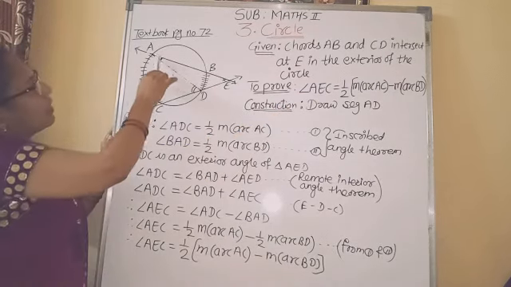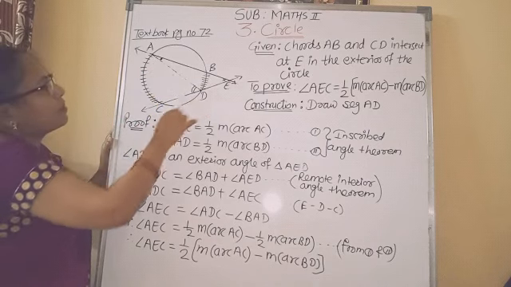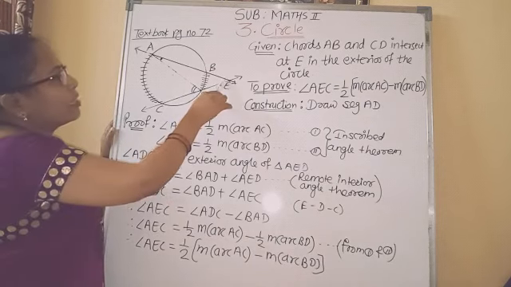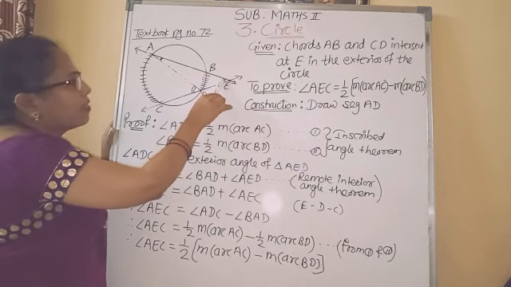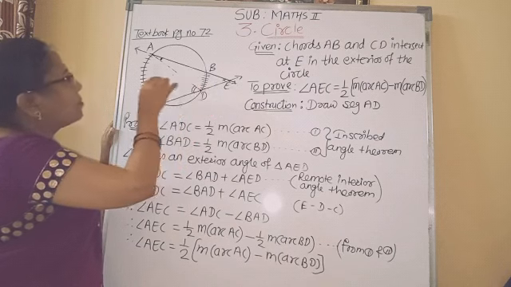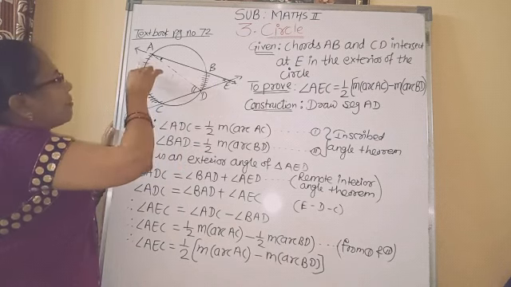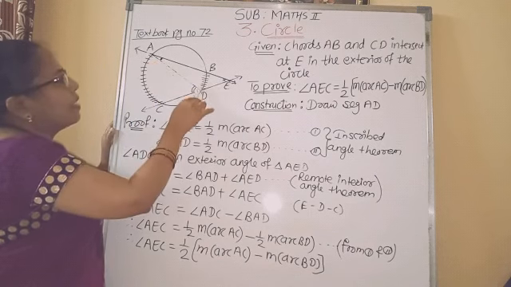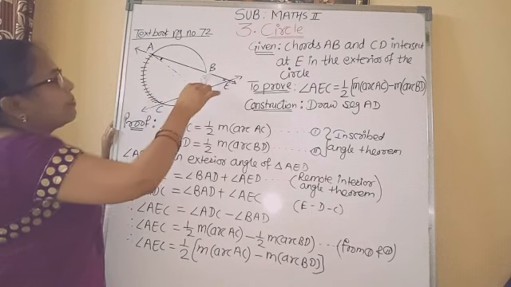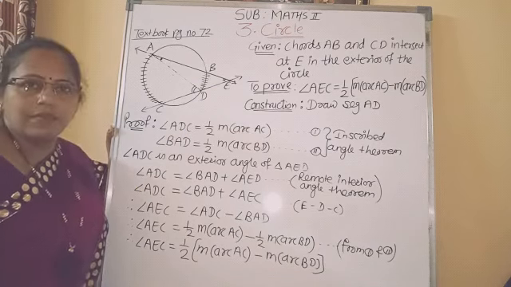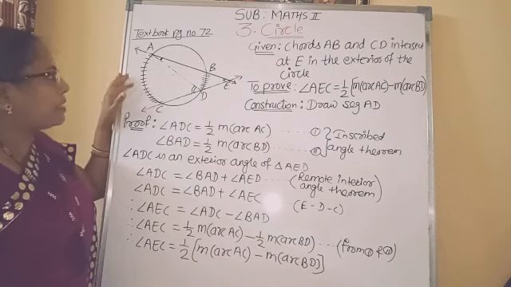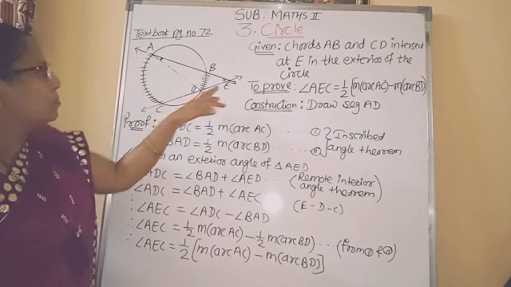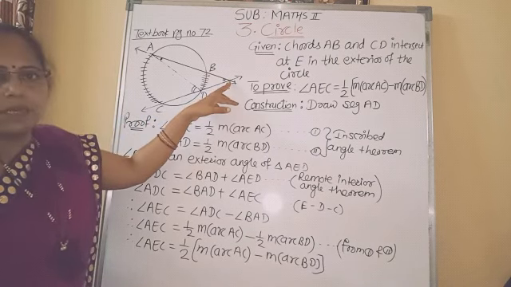Followed? So here, if the vertex of the angle is in the exterior of the circle, measure of that angle is equal to half into bracket subtraction of two arcs which the angle intercepts. Half into bracket arc AC minus arc BD. Followed? So this way we apply the inscribed angle theorem to find out the measure of angle whose vertex is in the exterior of the circle.